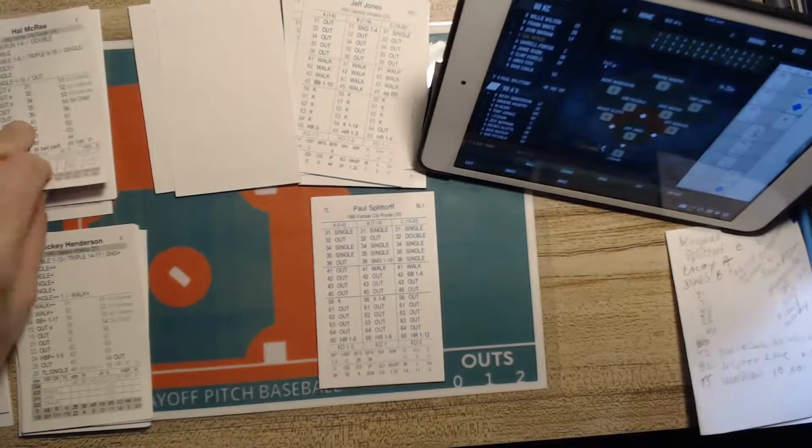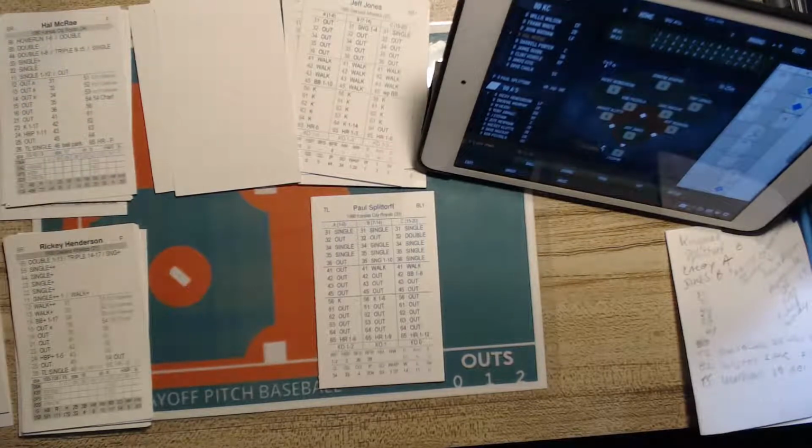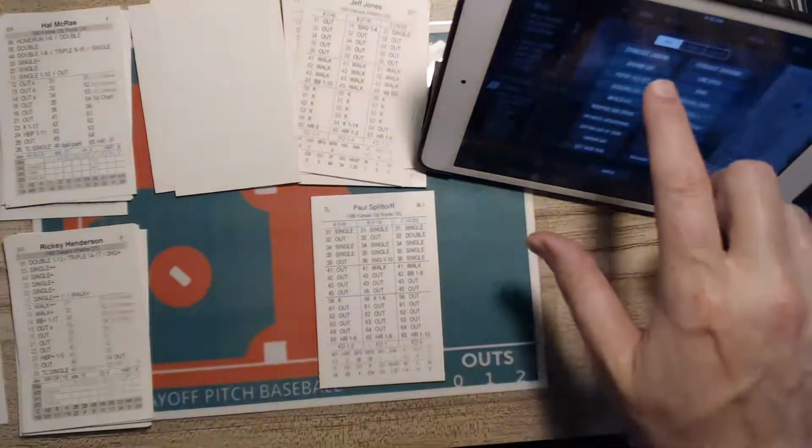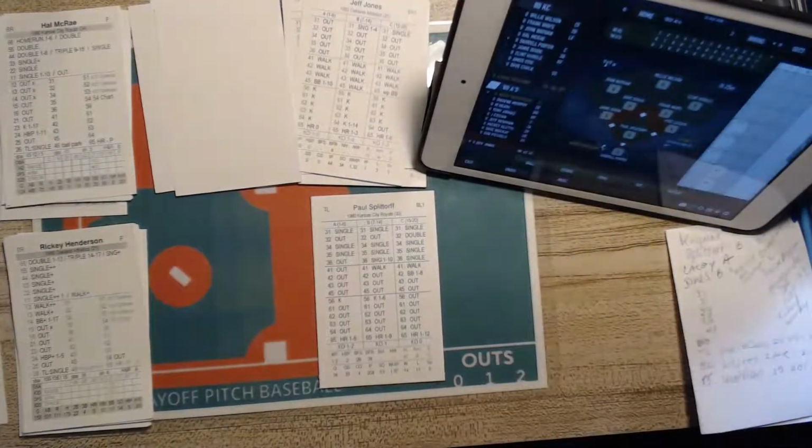Hal McRae came in to run for, I believe it was Willie Mays Aikens. So here's a pitch from Jeff Jones to Hal McRae with 2 outs, nobody on. That's a 12. And the 12 is going to be a hard hit ground ball to shortstop Piccolo. Up with it, fires to first in time. And that retires the side, but not before the Royals pick up 4 runs. The big hit being the Frank White 3-run home run.